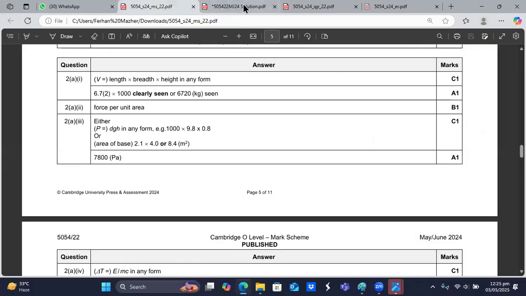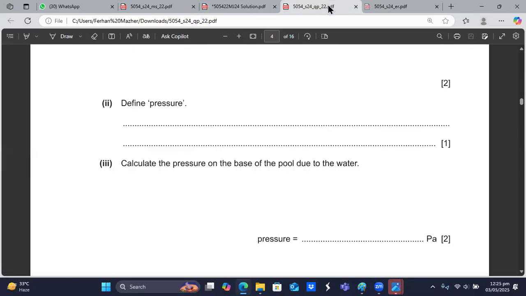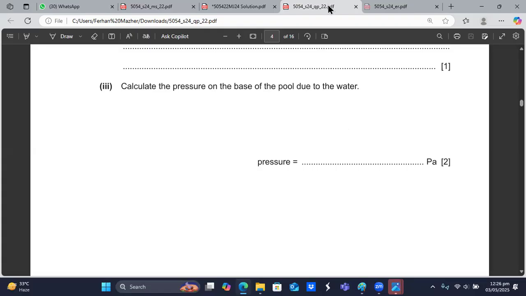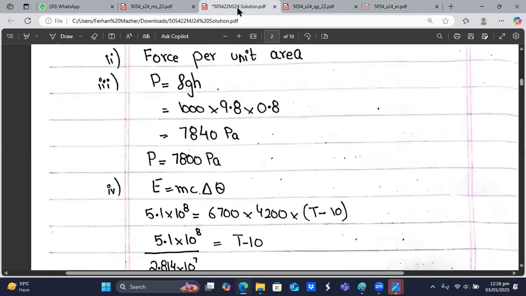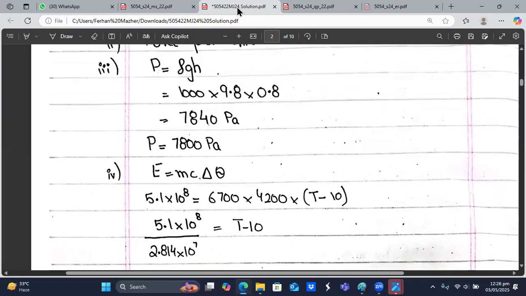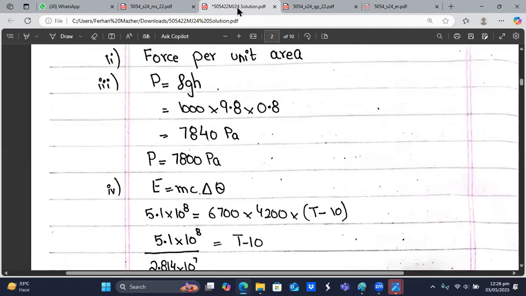So, okay, let's go to the next part. Question number 2A, third part. He says calculate the pressure on the base of the pool due to the water. So the force here is the weight of the water, and because the water is a liquid, you know how we calculate the pressure of a liquid, that